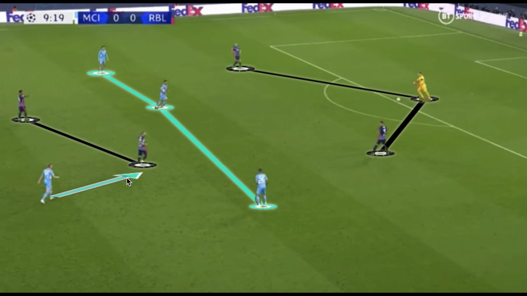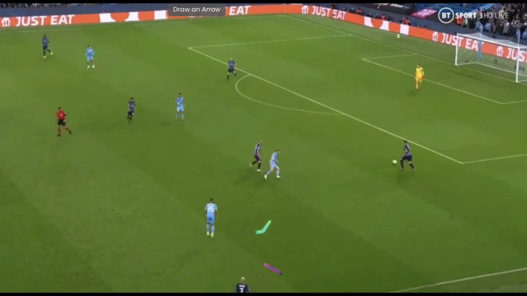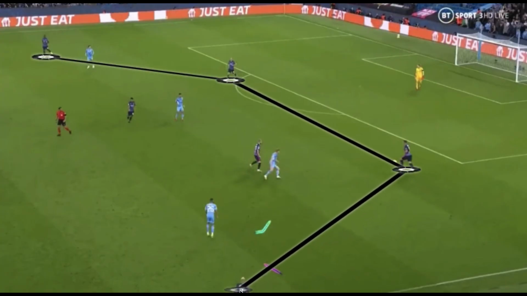So when De Bruyne would jump into the first line of pressure and press a holding midfielder, or use his cover shadow to then extend his press into the first line of RB Leipzig's build-up, their shape would shift into a 4-2-4. So now we see the fullbacks giving the width for RB Leipzig with their two central defenders on the ball,